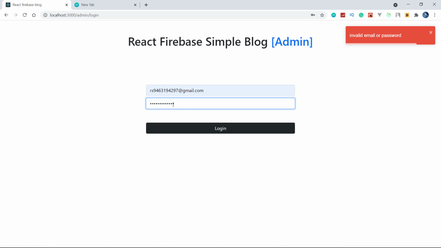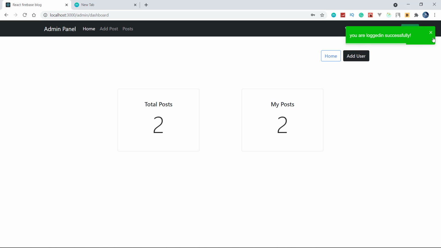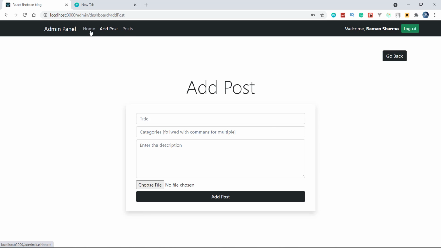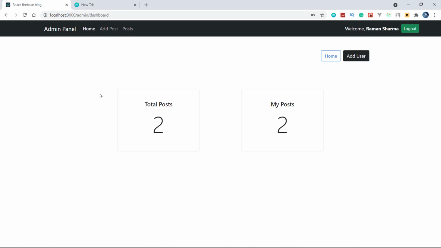So click on login, invalid email and password, invalid email and password, one two three four five six seven 8. Now this is working. So see that we are getting 2 posts and in this my posts. So now we have completed this page successfully, and it is now very clean, and we can do anything that we want. A user can post, and only a logged in user can create a post.